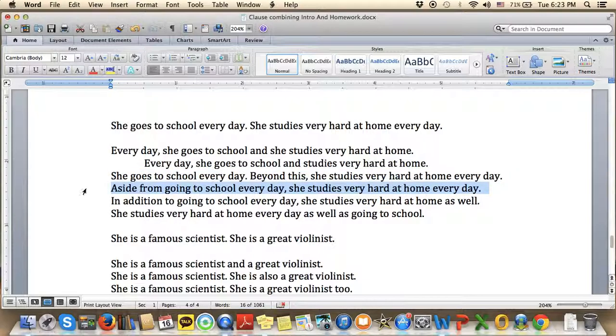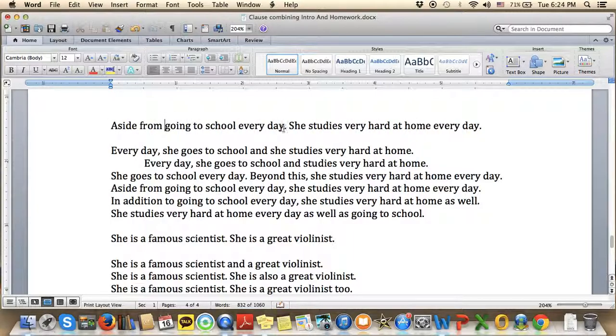Here's another one. Aside from going to school every day. This is simply taking this first sentence and turning it into a phrase. So what we see is we've got she, which means I could turn it into her, and we've got goes, which means I could turn it into going to school every day. But I see that I have this her, I've got she right here. So instead of putting that there, I get rid of it. And then I could say,